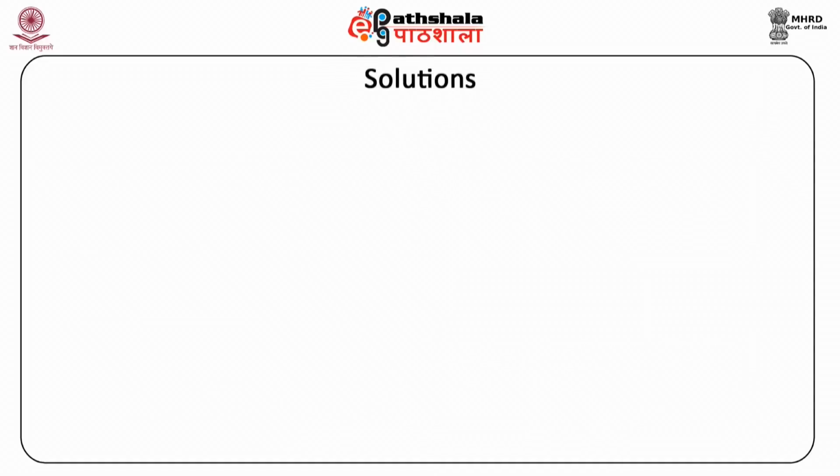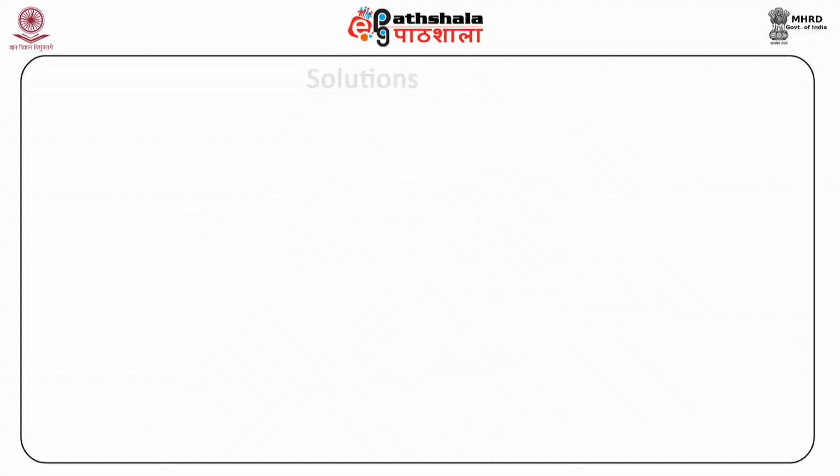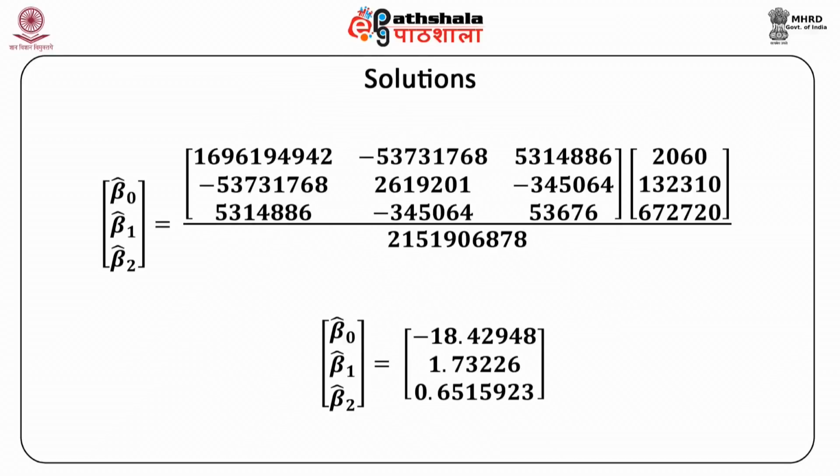Similarly, we have calculated X prime Y. You can see that the product X prime Y is nothing but sigma Y, sigma X1i Y, and sigma X2i Y. On substitution of these values, we get X prime Y equal to 2060132310 and 672720. Now, if you calculate your beta hat vector, which has beta 0 hat, beta 1 hat, and